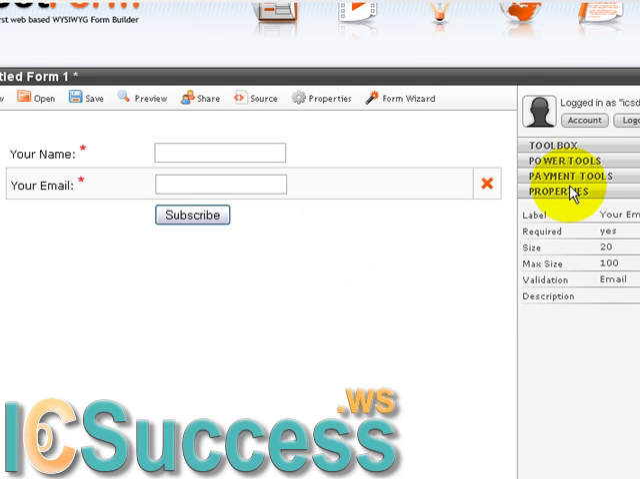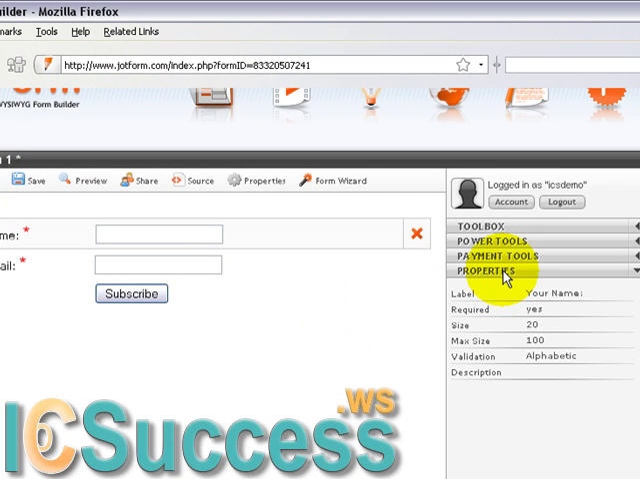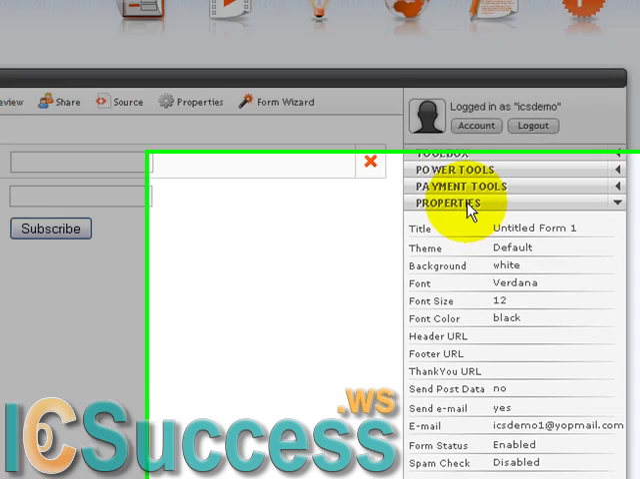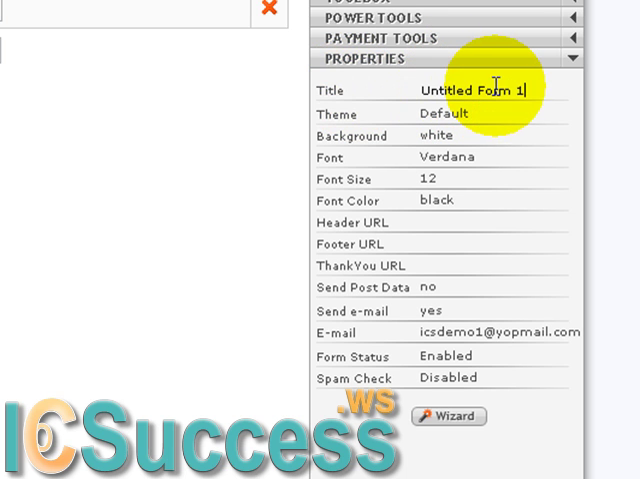So once that's done, very simple, we're going to deselect that. Okay, we're going to click properties, and then we're going to click it again. Okay, now what comes up is the properties for the entire form and not just the selected fields. Okay, and the title here is the title of your form. Let's just go ahead and rename this